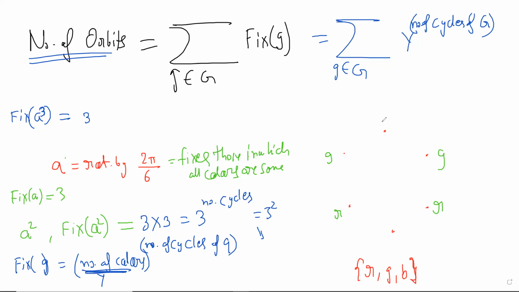What I'm saying is that if you have a cube, then you can take this to this. This is one cycle. So it means they have to have the same color, right? These two things have to have the same color. If you're acting by a cubed, these two have to have the same color. And these two have to have another color, 3 choices for that. And then this thing has to have another color, 3 choices for that. So 3 cubed.